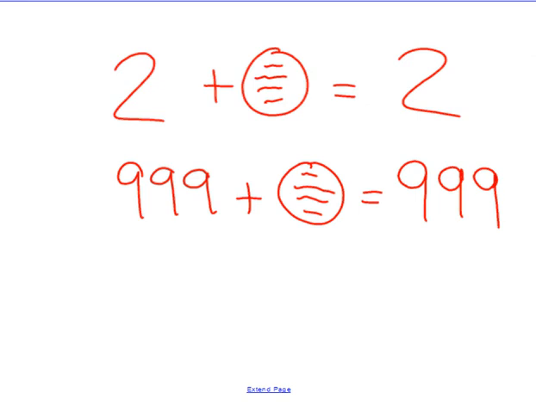But what happens if Patrick steals my phone and he tries paying like that? Will it work? It won't work because he is not me. This fingerprint is my identity. It's who I am. And whenever you take a number and you add it to 0, it's showing the identity of the number. When I take 999 and I add 0, it's saying, hey, who is this 999? This number is 999. So we call this the